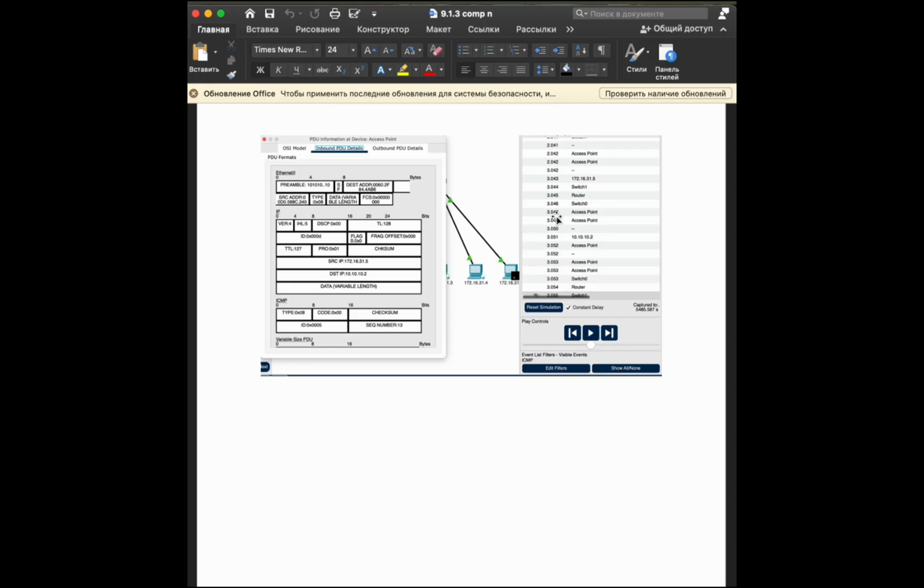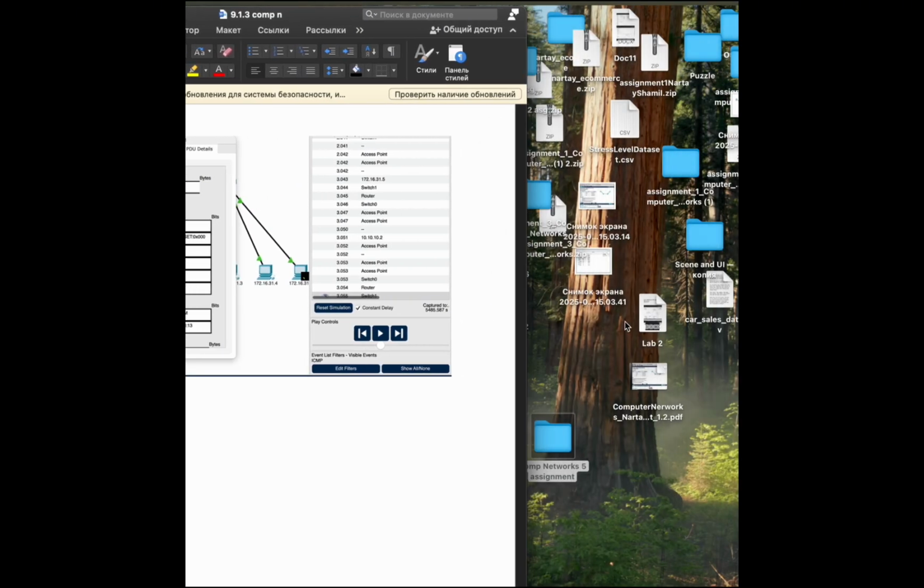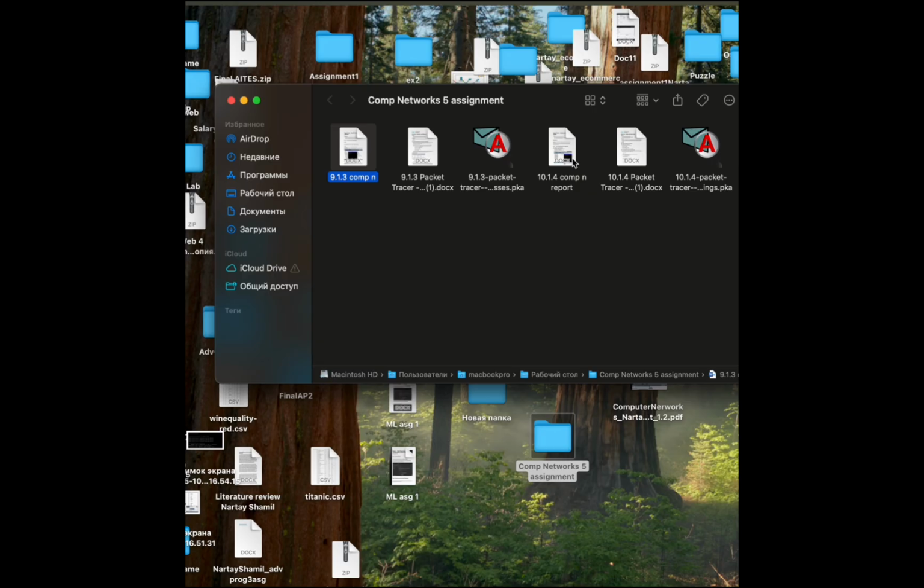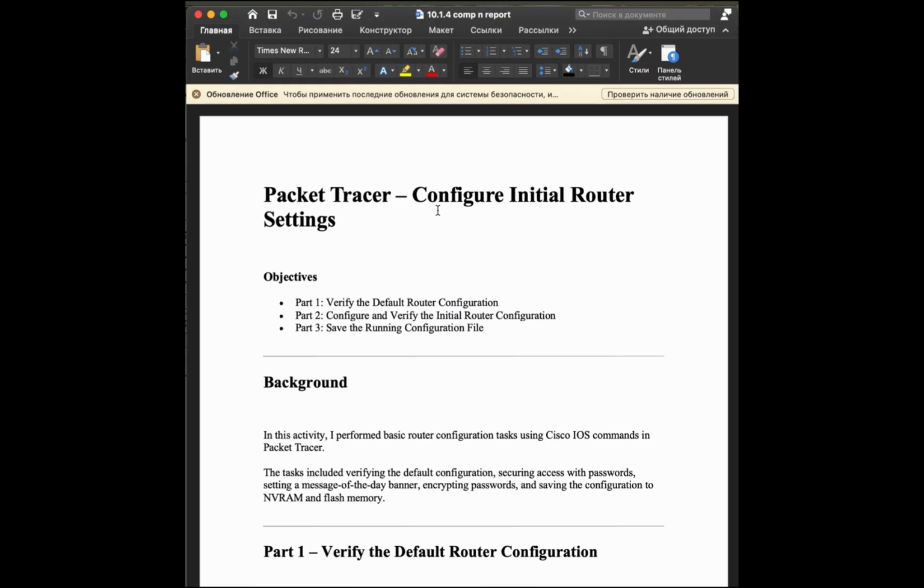Now let's move on to the second task, this one. The second task was about configuring initial router settings. The objectives of this lab were to verify the default router configuration, configure and verify the initial router configuration, and to save the running configuration file. So